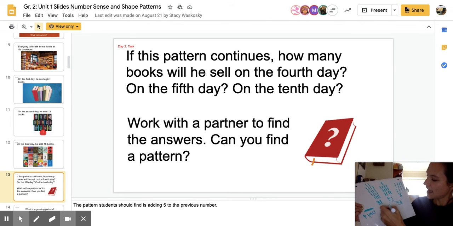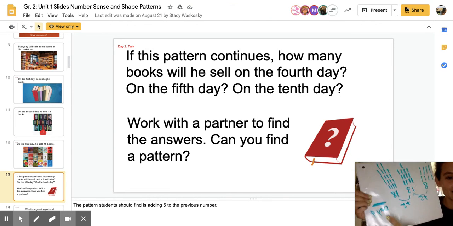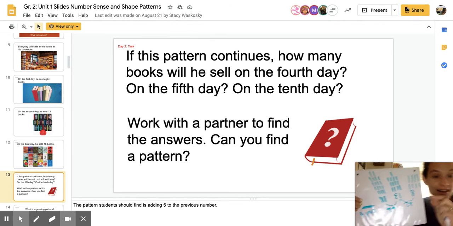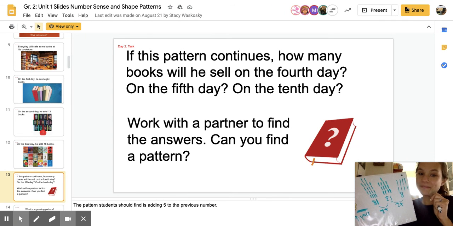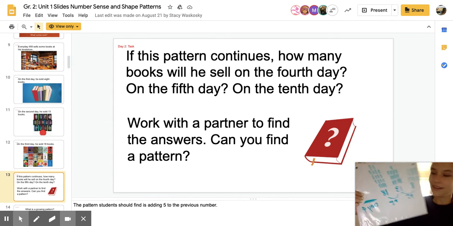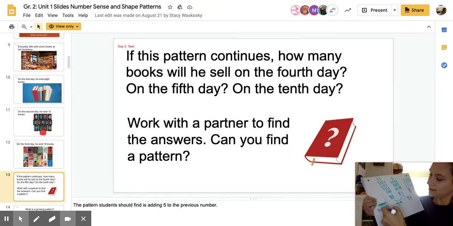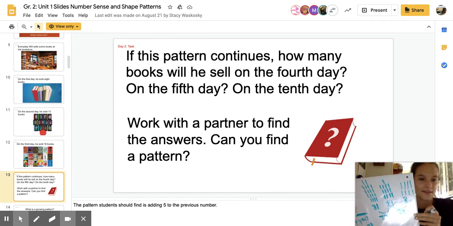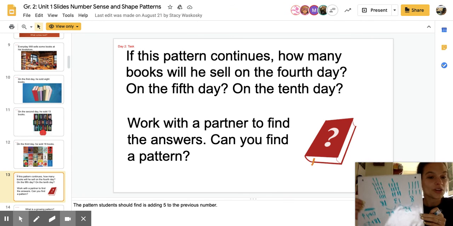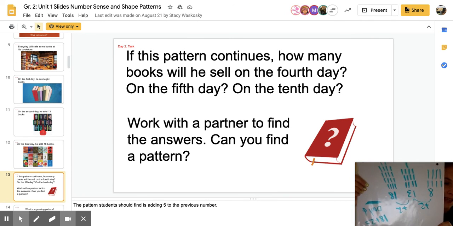So what would I have to do to 18? I'd have to add what number? I'd have to do 18 plus 5, right? And that would give me my answer. So what you are going to do, second graders, is you are going to show